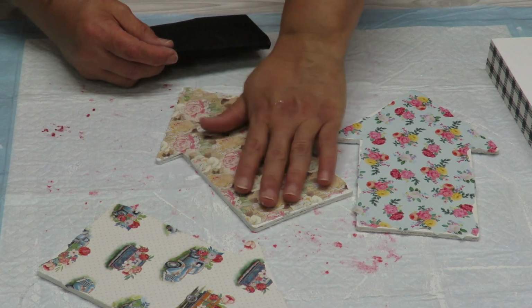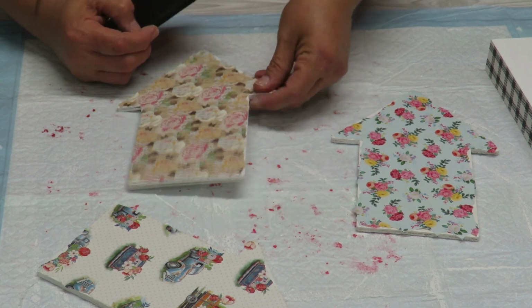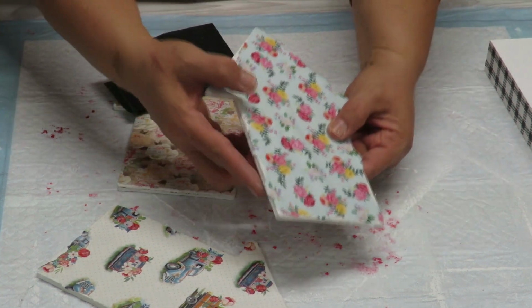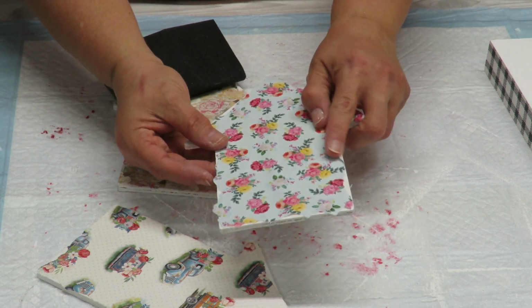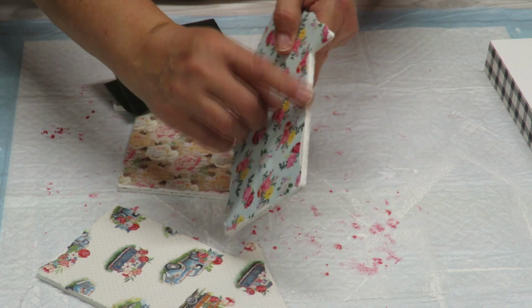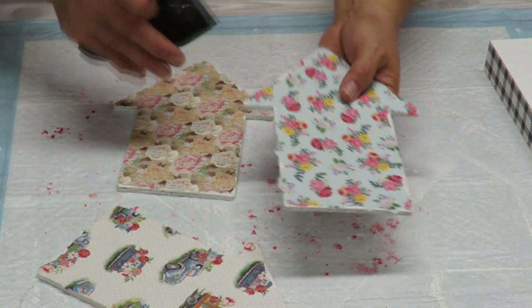Alright, so once your paper is dry on here, this is not quite dry, but I just wanted to show you real quick. I've already done this one, so I'll do this. Anywhere where you have little bits of paper that are coming off like that, that are over the edge, obviously you didn't cut it far enough. And this is why I said if it comes out a little bit big, that's fine, because we're going to take the sandpaper now,